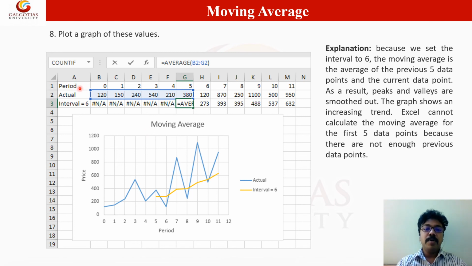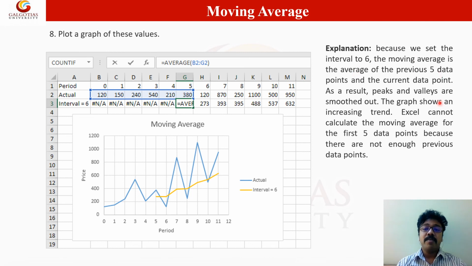Here it will take from 0 to 5 as one set, and from 6 to 11 as another set. If you give n number of sets based on the interval, it will create that many graphical representations based on the intervals which we are mentioning. Here we are giving only 6 as interval.